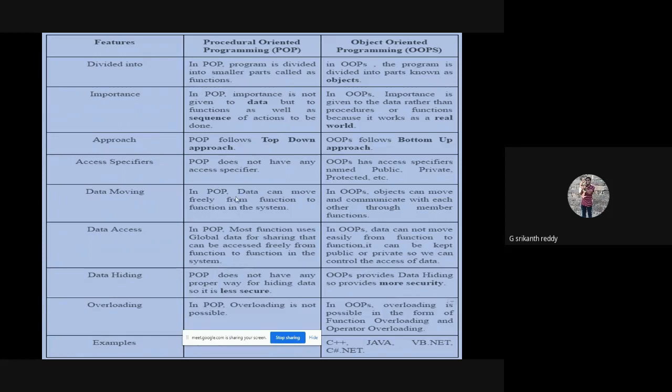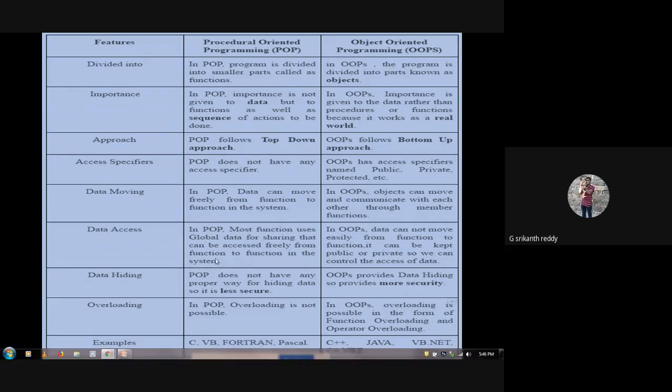So objects can move and communicate with each other only through member functions, as we will see in the next coming sessions. And data access in POP, most functions use global data for sharing that can be accessed freely from function to function in the system. If there is any common data among functions, that is declared as global data in POP. Whereas in OOP, data cannot move easily from function to function.